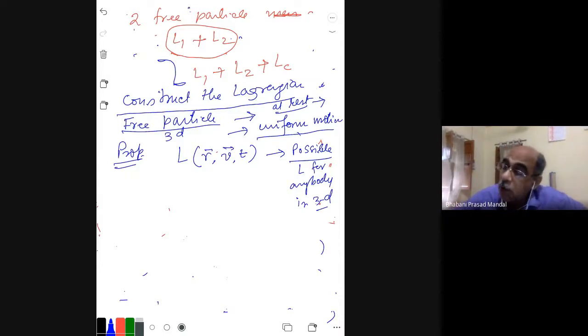You could have written also x, y, z, vx, vy, vz, because it is 3 degrees of freedom. So there will be 3 coordinates x, y, z. But let me write in terms of r, v, and t. So for a free particle also the Lagrangian should be like this, and we want to construct this Lagrangian. Free particle has certain properties. First is the